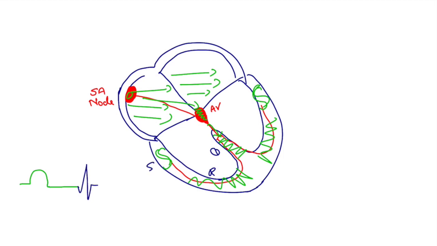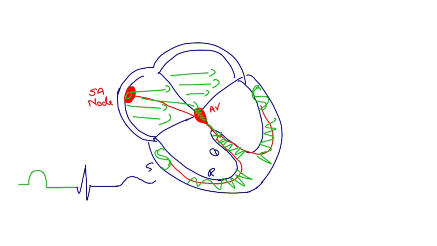During this phase, atrial repolarization happens, but it will be masked by the QRS complex. Following the depolarization of the ventricles, there will be a brief period of nil electrical activity, which we can mark on the ECG as the ST segment, after which there will be repolarization of the ventricles, which we will mark as the T wave. Sometimes we'll see a small U wave after the T wave,